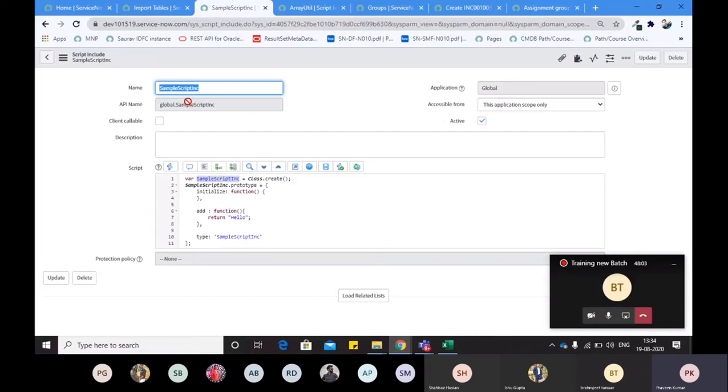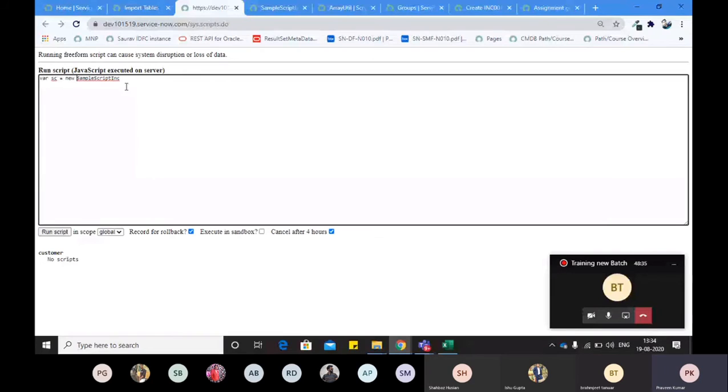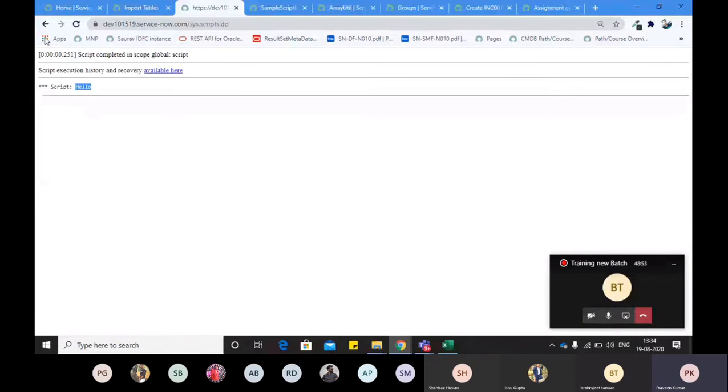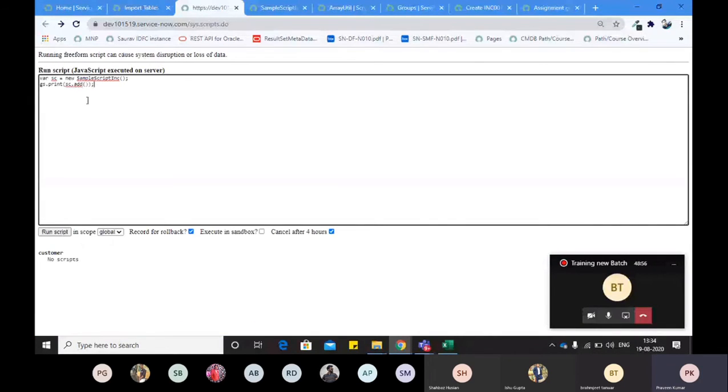Here I will create an object of that script include class. I create the object, and from that object I will call that function, and it will return me some value. I will print it and see whether it is getting called or not. Yes, it is. This is how a script include works.